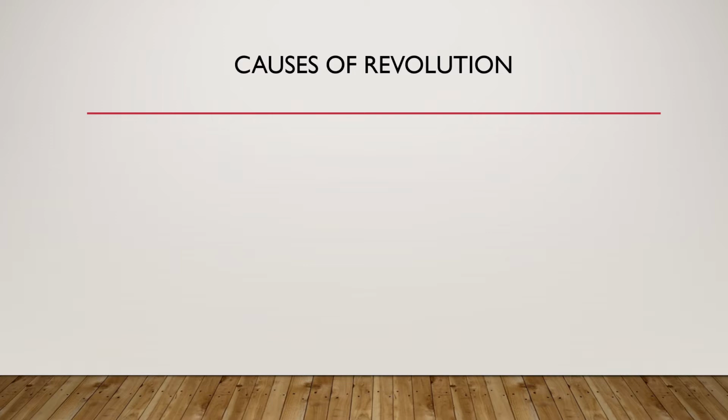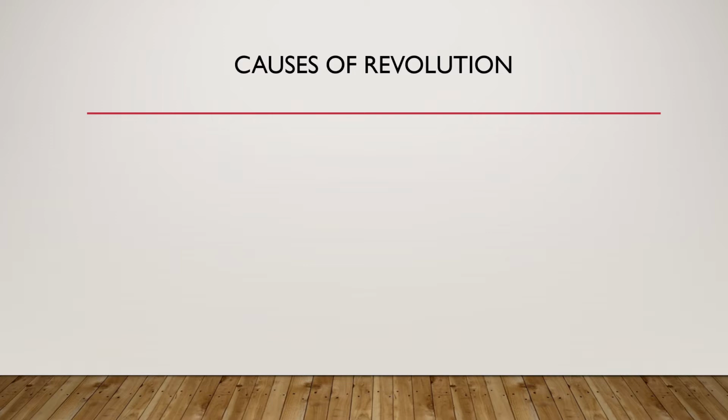And he starts out by talking about some of the things that the chief executive could do. So we think of the chief executive either as the president of the United States, but this could be a prime minister, it could be a premier, it could be a king. And Locke has a section in chapter 19 where he talks about the different causes of revolution. And essentially, there are